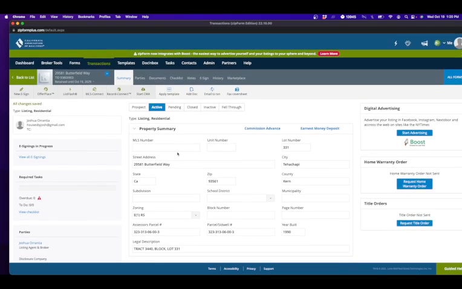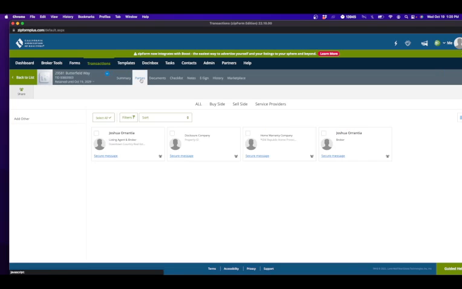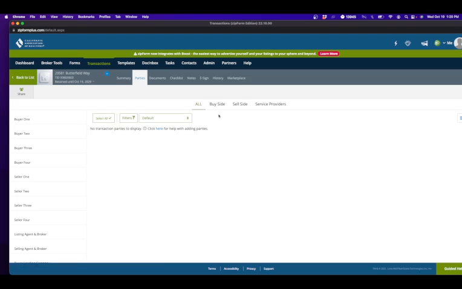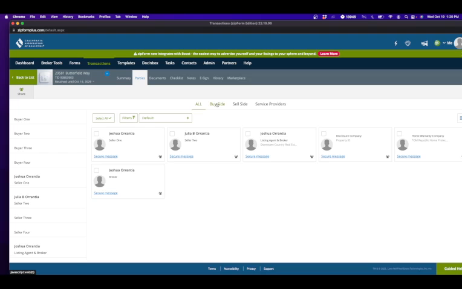So another thing that you want to check before you really start getting too deep into your transaction is you want to go from this summaries tab to the parties tab. Okay, we go to the parties tab, and you see there's all parties, the buy side, the sell side, and the service providers. Of course, right now we do not have any buy side because we're working on a listing. So we have sell side